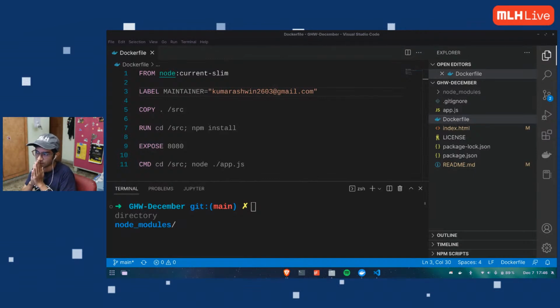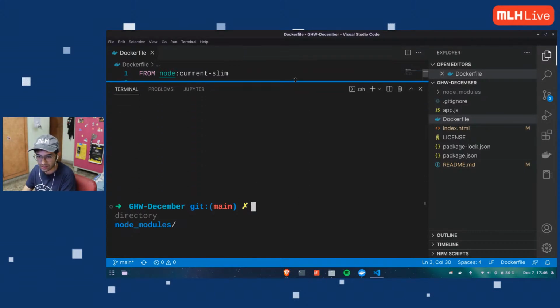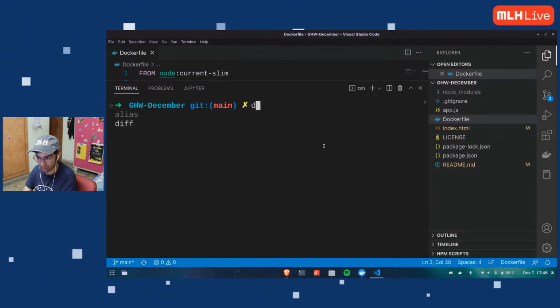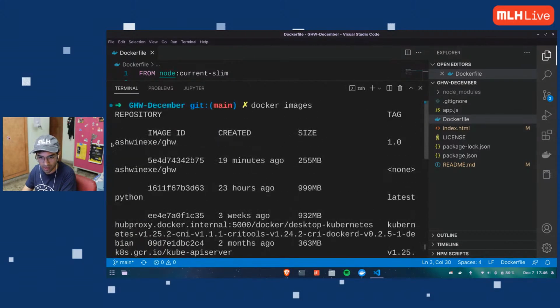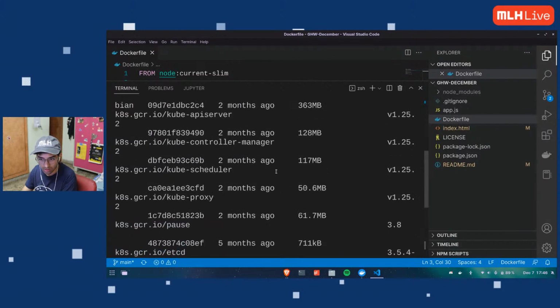We have not begun into Kubernetes. I'm just talking about containerization, that we containerized our application yesterday. Let me check whether our image is there or not. So I'm going to run docker image. It says list the images. That's what I do. Oh yeah, all the images. I have a couple of images, but at the top I have ashwin.exe/gsw. I just updated it 9 minutes ago, so that is fine. Oh, this is okay. I can delete this one. There is an extra image.